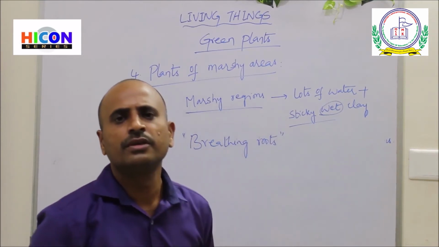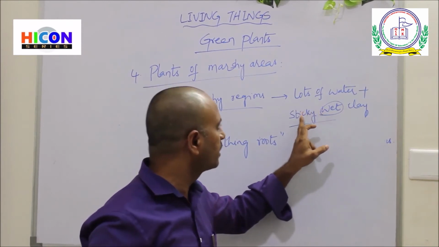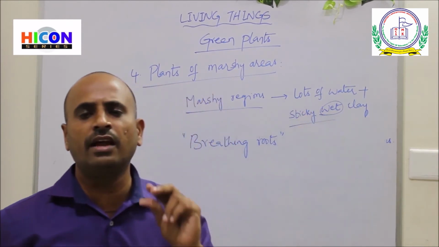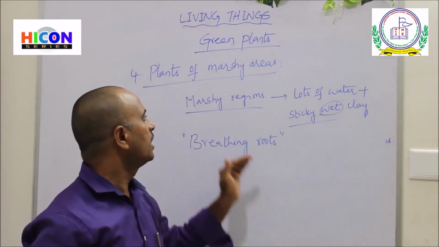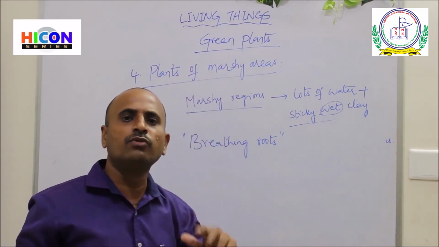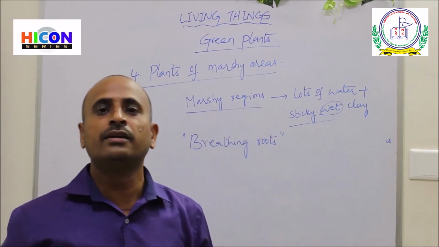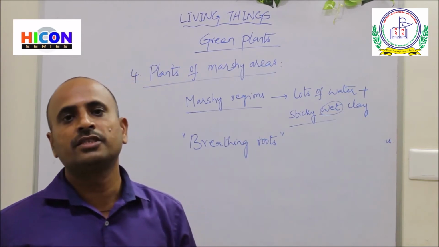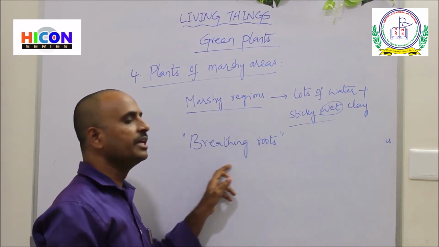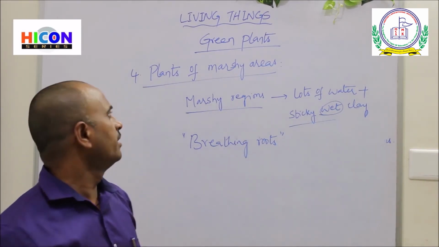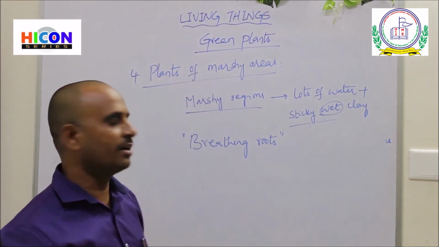Breathing roots, because wet clay or sticky clay does not allow the roots of these plants to breathe. That's why the roots come out of the soil and the water level, and they breathe oxygen. So these roots are called breathing roots. The examples for the plants grown in marshy areas are